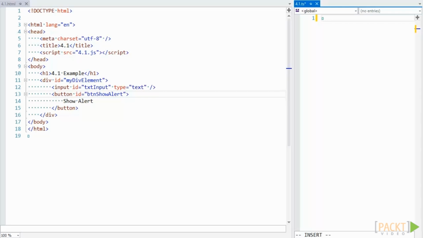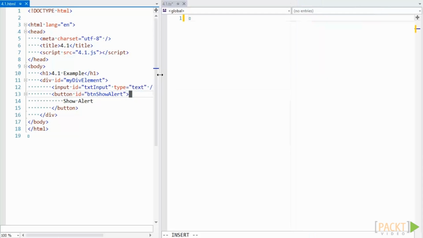Type assertion is a useful way of telling the compiler exactly what subtype of a type an object is. To fully understand this, let's look at a simple example that often causes some confusion. In this simple example outside our sample app, we have a text box and a button that says Show Alert. Let's make this example work by showing an alert with the text of the text box when we click the